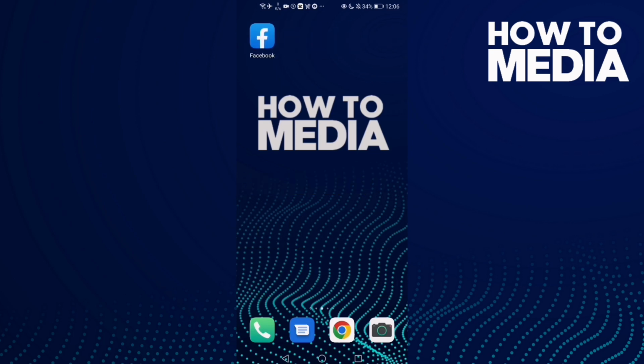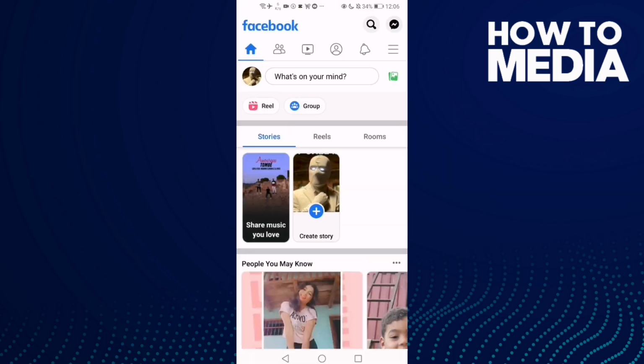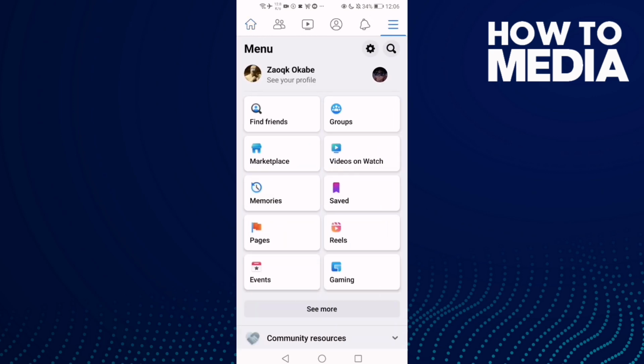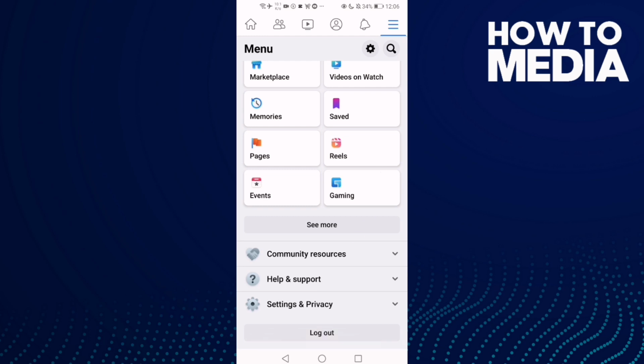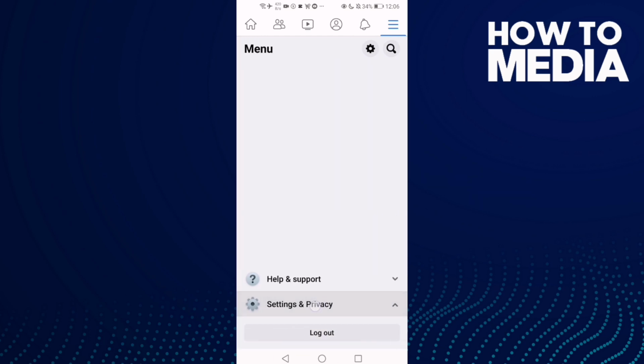First, we're gonna go to Facebook and click this one, just two lines here, and now just go down until you find here settings and privacy and click on it,